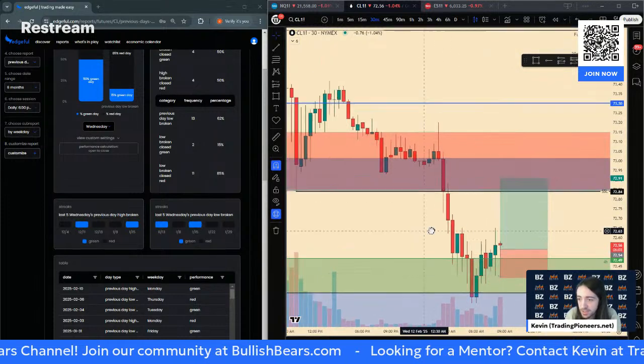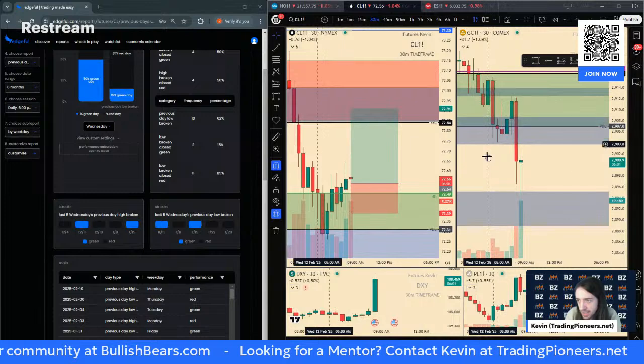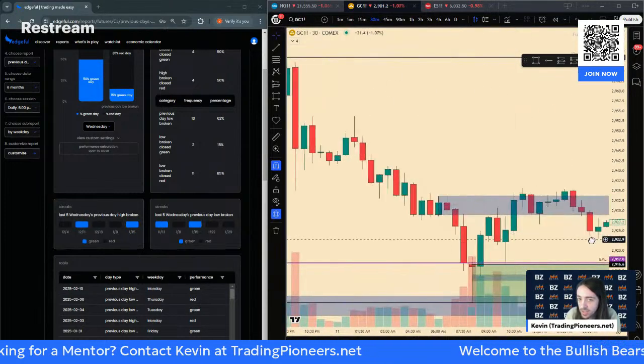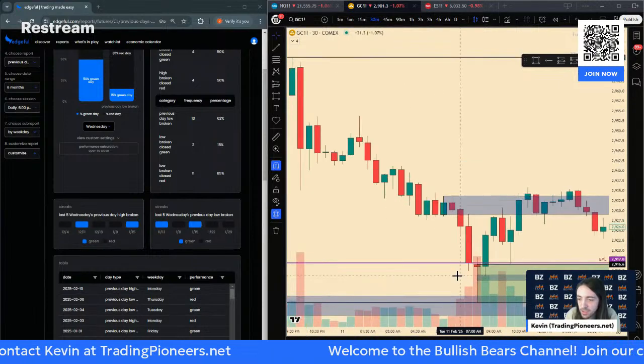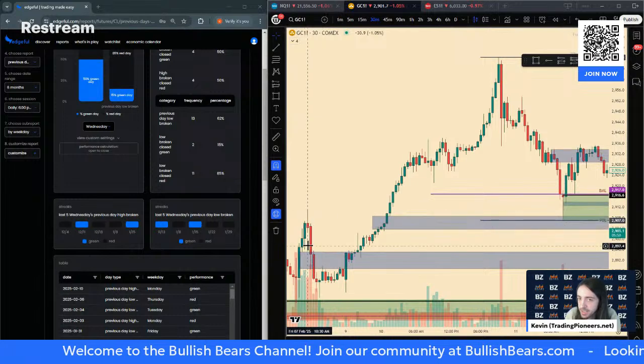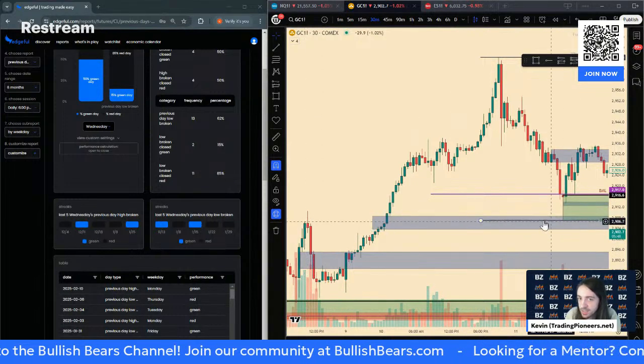Now, this is a pretty clean trade that I took on gold yesterday. I actually took it mobile. Let's see. It was this trade right here. So we were coming off of, this was a broken supply zone at the time. See, this was our supply. We broke it, and I used it as support.